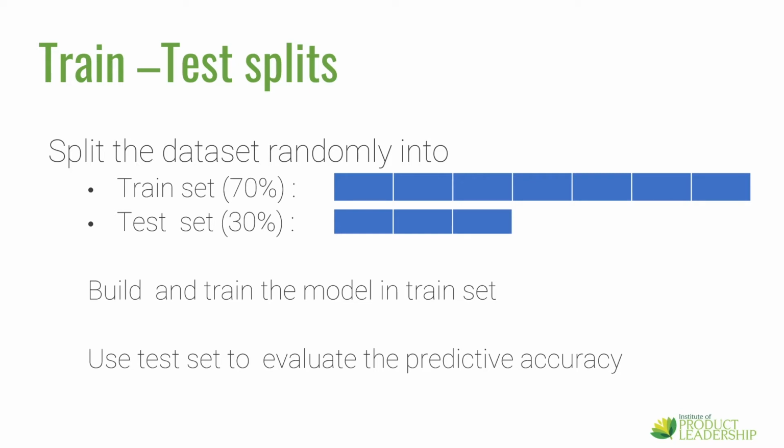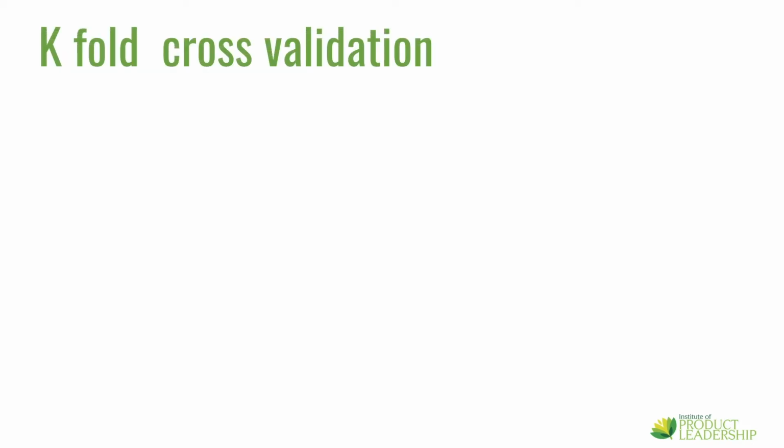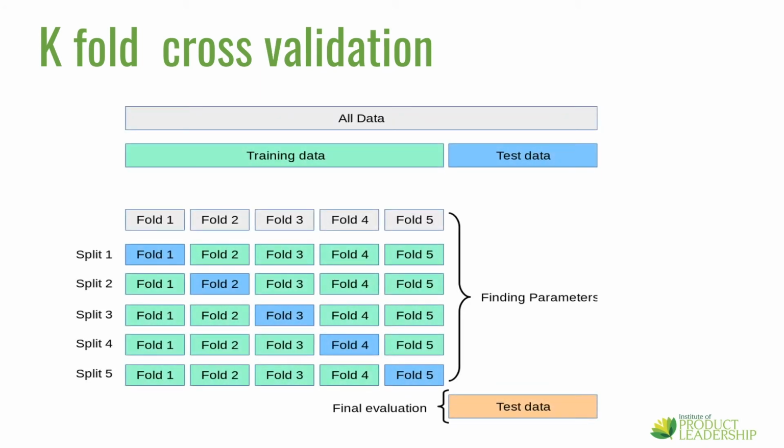Because of the speed, it is useful to use this approach when the algorithm you are investigating is slow to train. However, the disadvantage of this technique is that it can have a high variance. This means that differences in the training and the test dataset can result in a meaningful difference in the estimate for accuracy. Let's look at another useful technique which is called k-fold cross-validation.